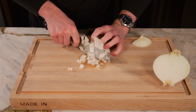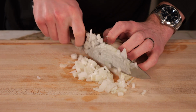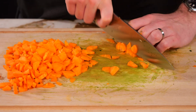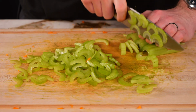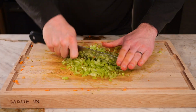It's going to start with a classic mirepoix, so take one white onion, and we're looking for a small dice, and add this into a small bowl. Next, take 2 to 3 carrots. We're going to peel these and then slice and roughly chop. Don't worry too much about the size, as it's going to get cooked down in the soup, and put this in a separate bowl from the onions. Finally, complete the exact same process to 2 to 3 ribs of celery, and add this into the same bowl